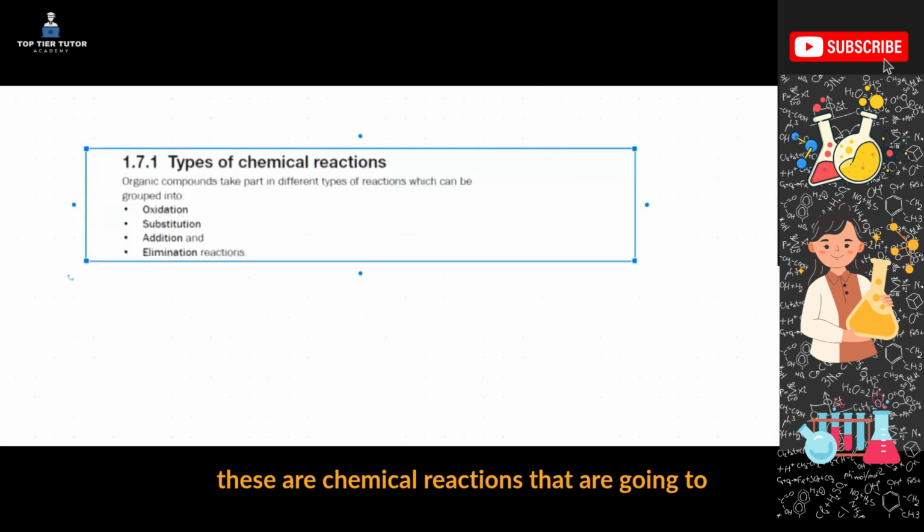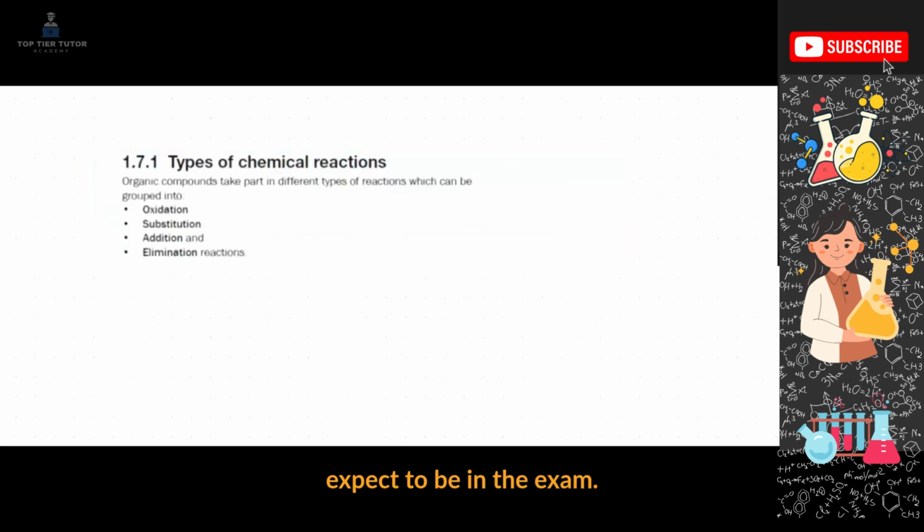So today we'll be continuing with chemical reactions. In terms of organic chemistry, these are the chemical reactions we will cover. Oxidation is when carbohydrates, especially alkanes, react with oxygen. Then you have substitution reactions, addition reactions, and elimination reactions. The first one we're going to look at is the oxidation reaction, which is when your carbohydrate, specifically an alkane, reacts